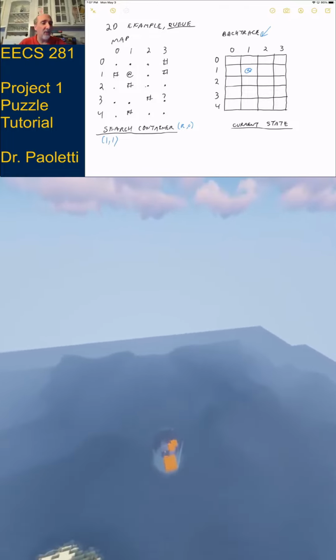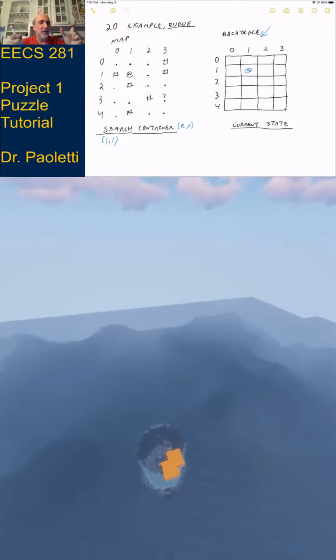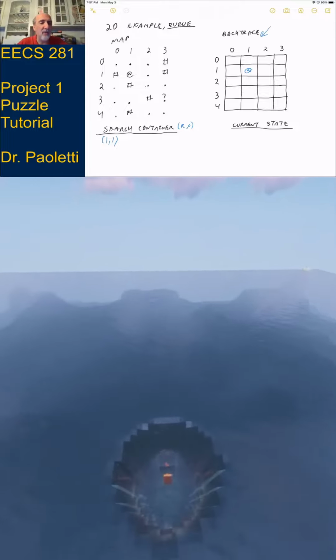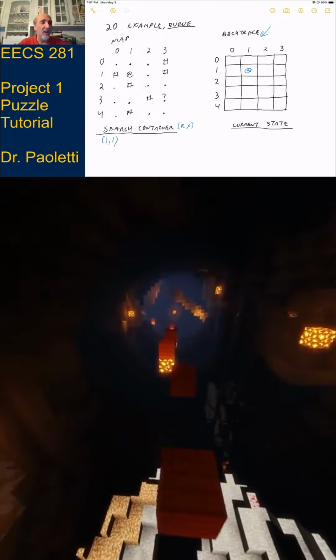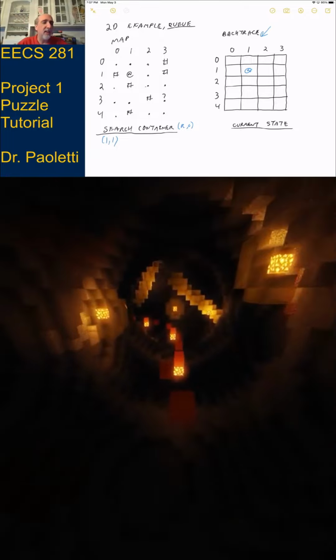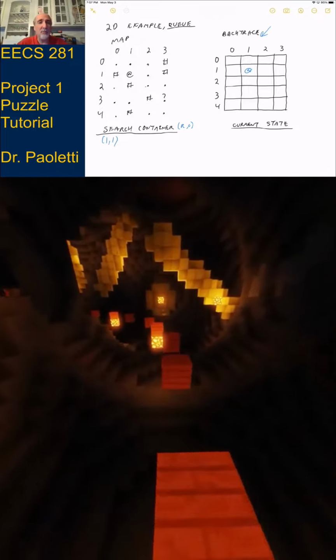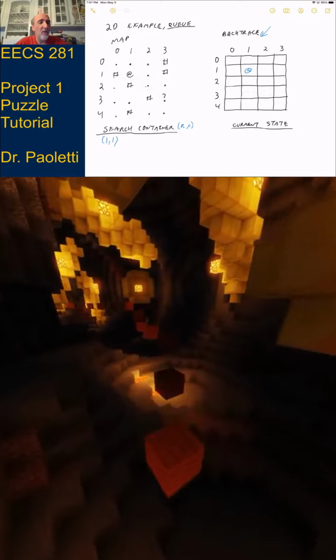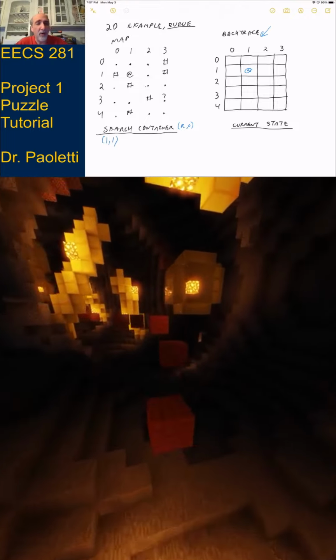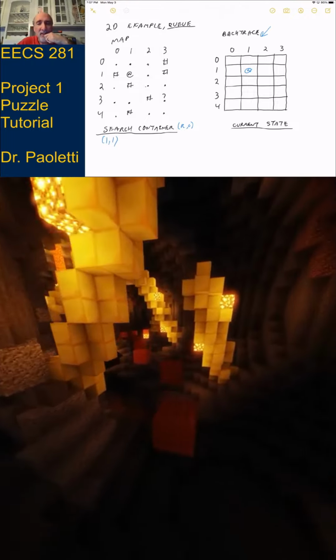Took me one access to the row, one access to the column, look at the character, see it's a space, I'm done. But if I had a list of everywhere I had discovered, I would have to search everything in that list, which could be as big as almost everything. So it could be as bad as O of n. We don't like O of n if we can get it done in O of 1. All right, so there's our start.